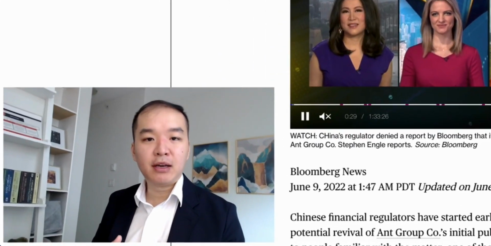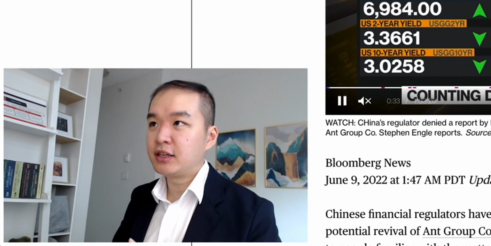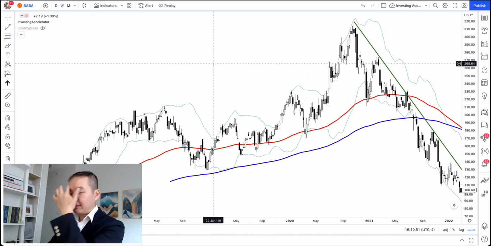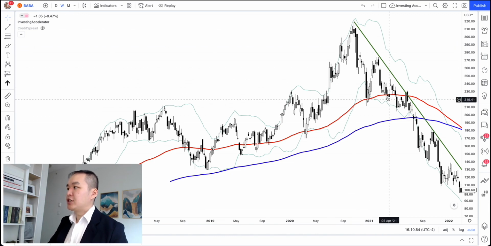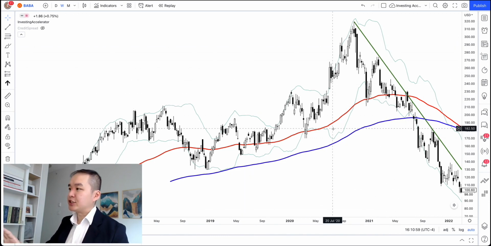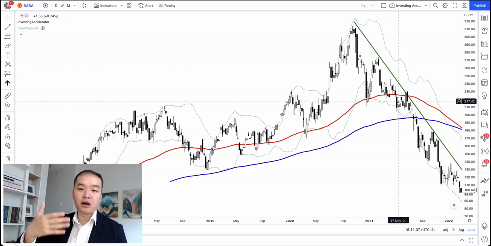And yes, we can be hopeful about it, but at this point, I have already exited my Alibaba position, so I actually have no more China stock. In terms of this timeline here, you can see that initially I entered at 200, which if you use the historical price, it was actually a discount. But because of my expectation of the future, I expected the regulation to be resolved quickly. I expected the IPO to come back alive, which both events did not happen to date.